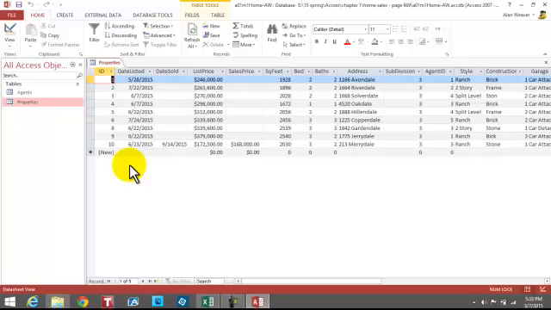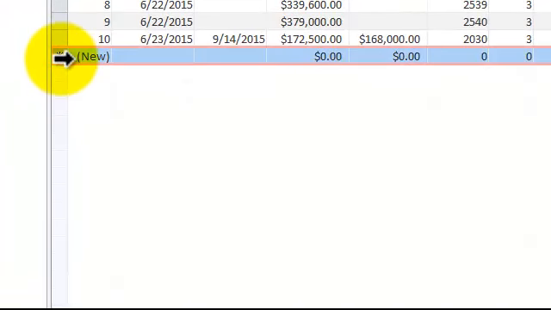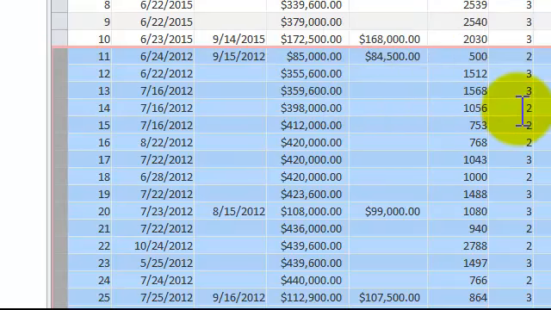So what I do, I click on the asterisk. I could do a Control V to paste. Yes, I want to paste these 69 records. If you had missed a column or something, you're going to have a major mess. And then you're going to have to undo, fix the data in there. Okay? Now, what we want to do here, we're creating